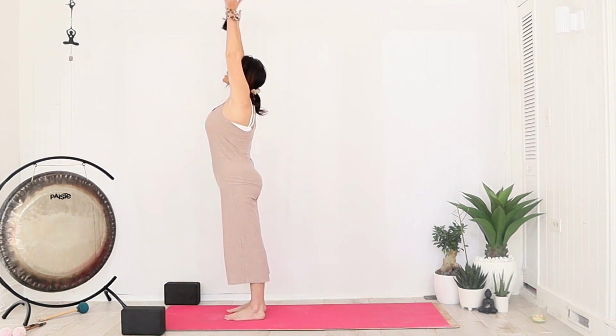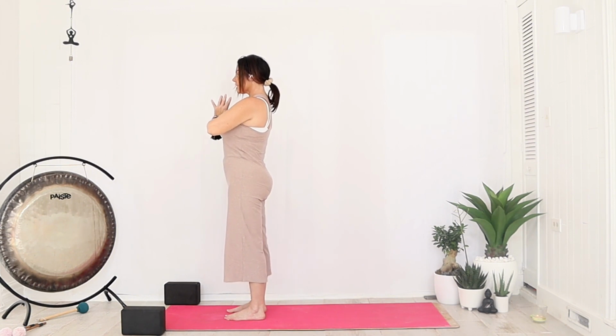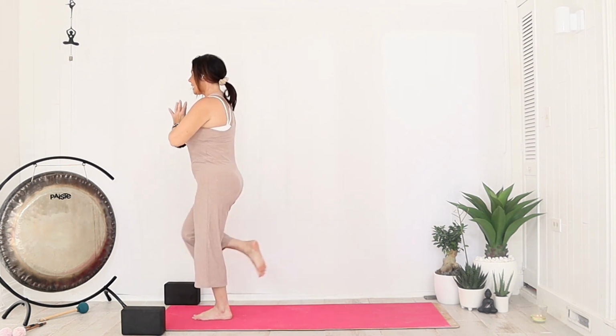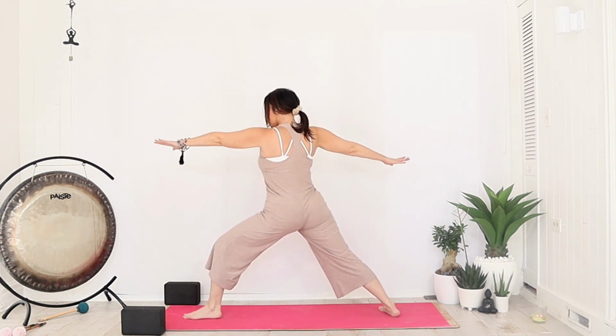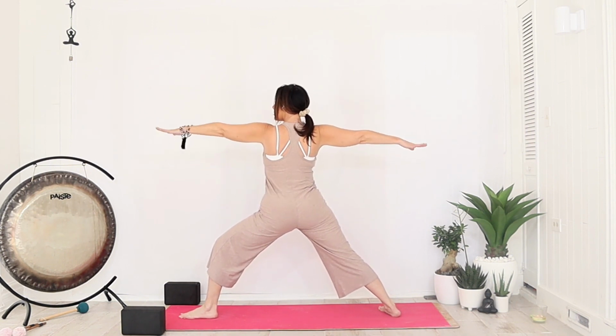Inhale, circle the arms up. Exhale, hands meet at heart center. So from here, begin to float the right foot any amount and then drop step the right foot back into warrior two pose. So the front heel aligns with back arch, front knee bends, hips open towards long edge of the mat,